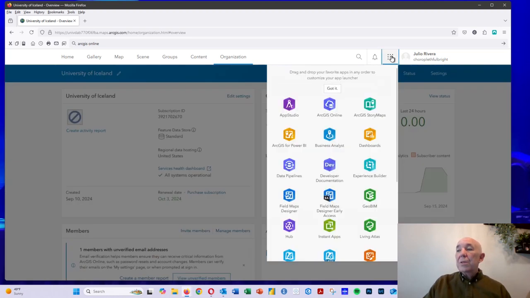There are some different tools to be aware of here. One is ArcGIS Online, which you just saw. Another is ArcGIS StoryMaps. We're not going to use those in this class, but know that I use them to do presentations and to get things together in my own work. You are going to use Business Analyst. And so if you click on Business Analyst,